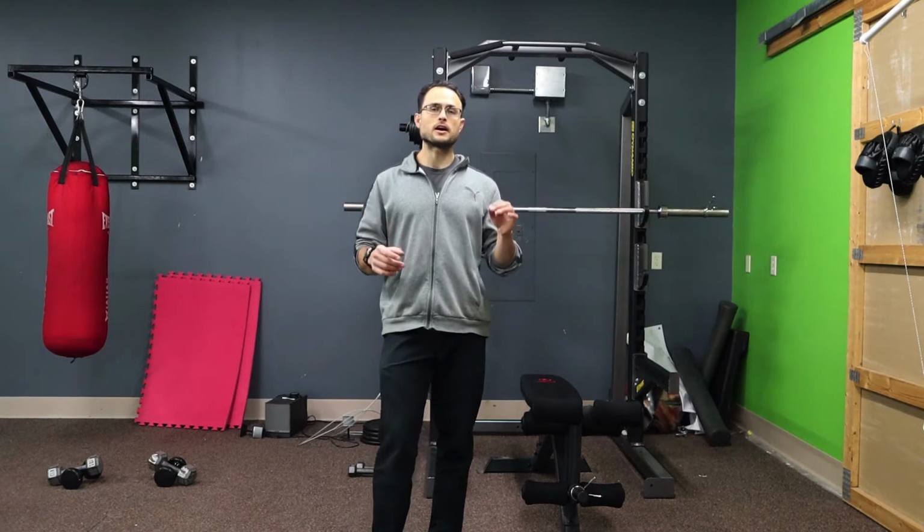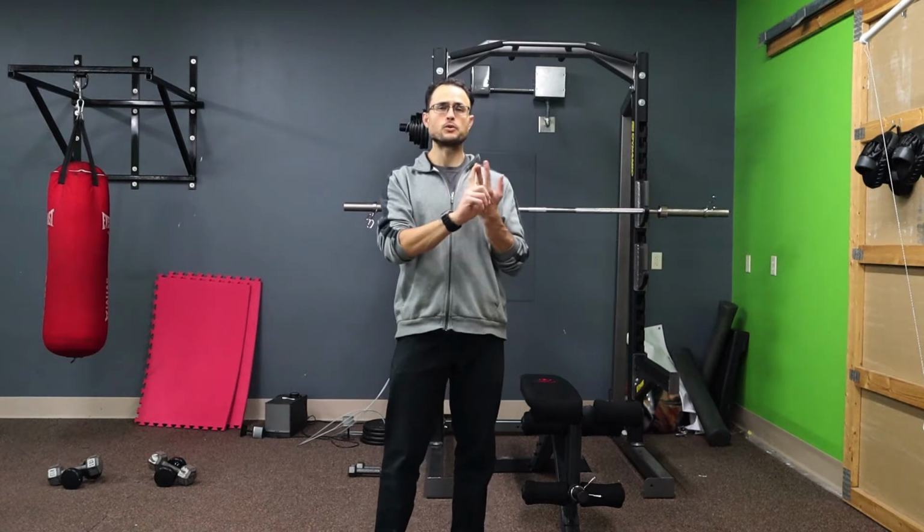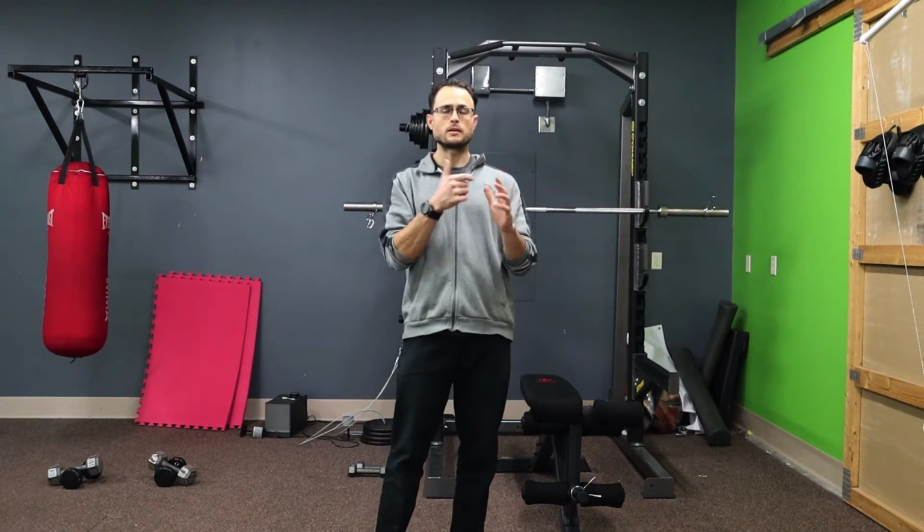So in today's video, I'm going to be talking about 7 primal movement patterns that should be a part of anybody's workout routine. I'm also going to include a couple of accessory exercises to complement these movement patterns. So these movement patterns are as follows. Number 1, squat. Number 2, lunge. Number 3, bend. Number 4, push. Number 5, pull. Number 6, twist. And last but not least, we have gait. And then at the very end, I'll include a couple of assistance exercises that you should also be incorporating into